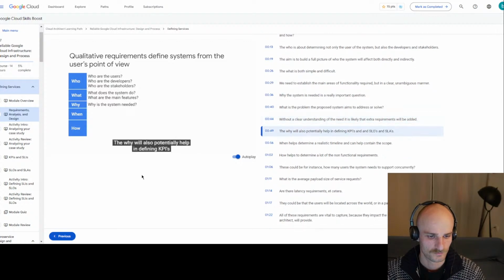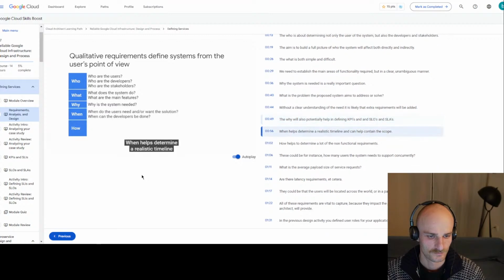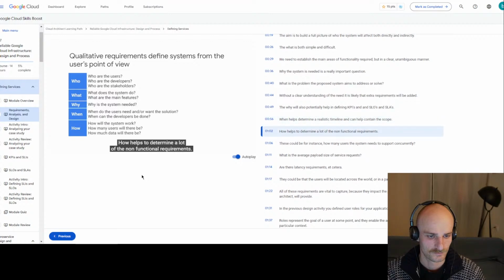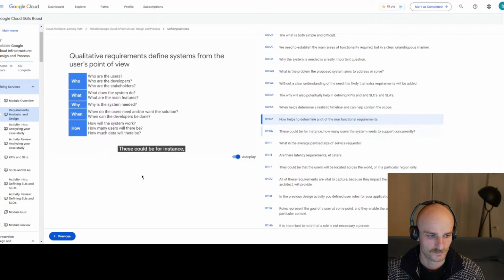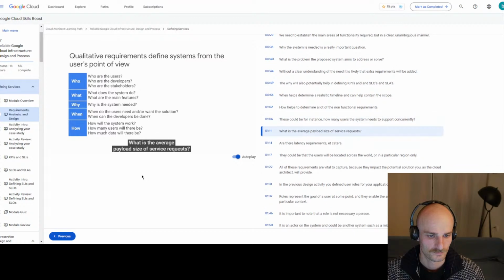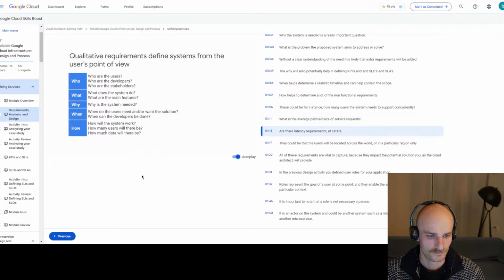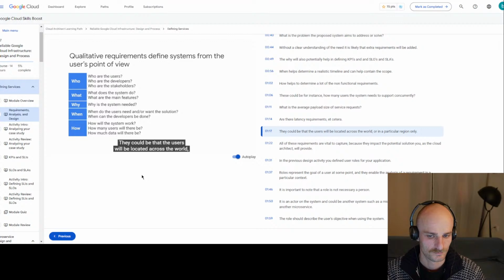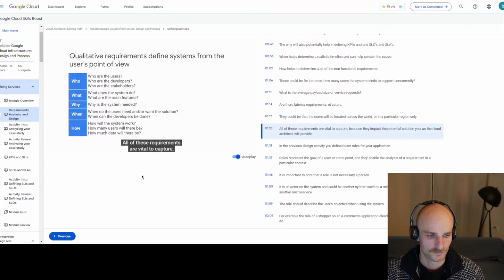The why will also potentially help in defining KPIs and SLOs and SLAs. When helps determine a realistic timeline and can help contain the scope. How helps to determine a lot of the non-functional requirements. These could be, for instance, how many users the system needs to support concurrently, what is the average payload size of service requests, are there latency requirements, etc. They could be that the users will be located across the world or in a particular region only. All of these requirements are vital to capture because they impact the potential solution you, as a cloud architect, will